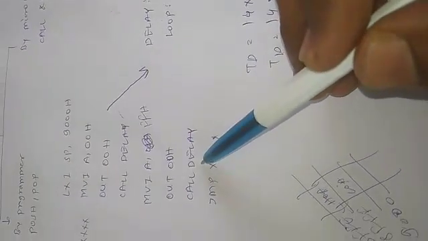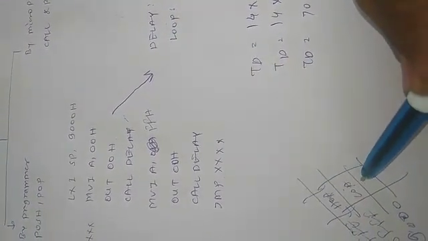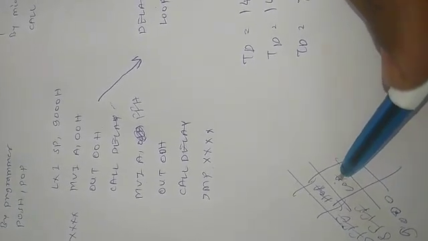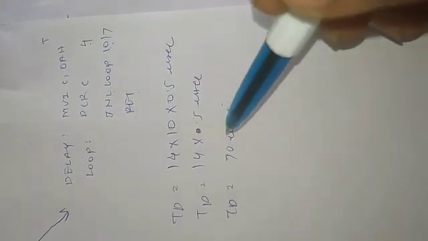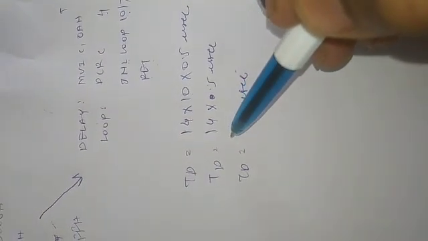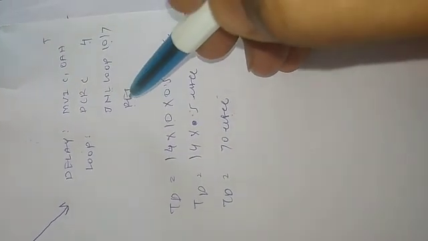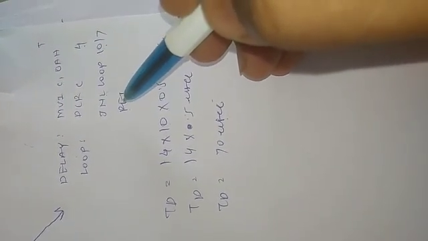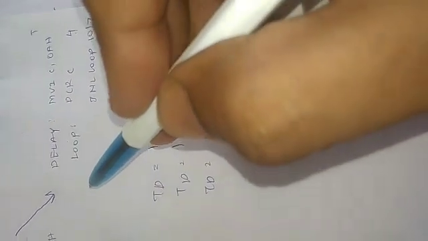But before that, the address of the next instruction to CALL, that is JMP, will be stored onto the stack. That is, the stack pointer will again be decremented by 2, and the low order address and high order address will be stored onto the stack. Again over here a delay of 70 microseconds will be generated by this program. At the end of the 10th iteration, this return instruction will be executed. Program control will be diverted to the main program.